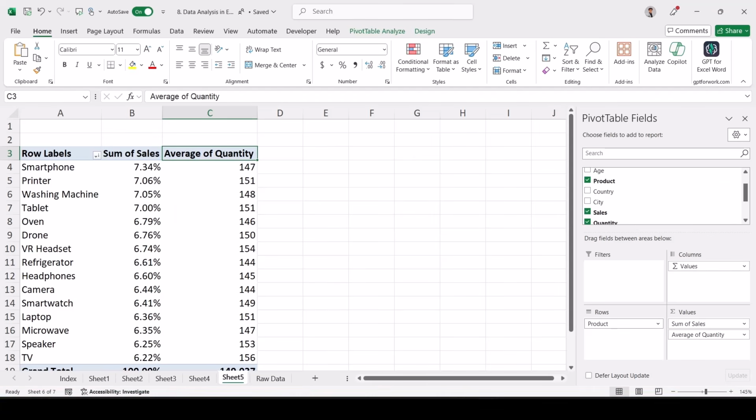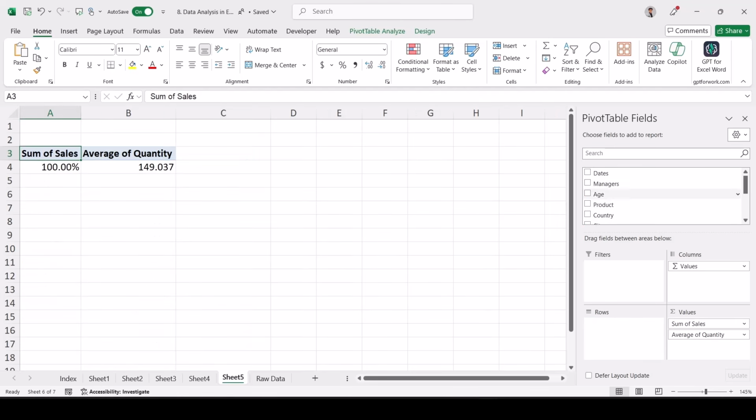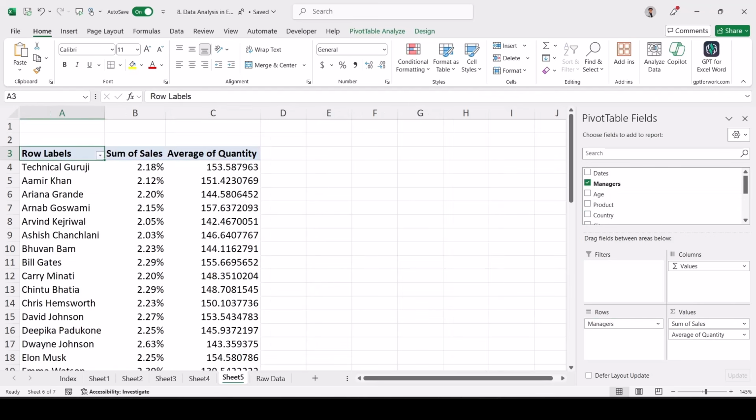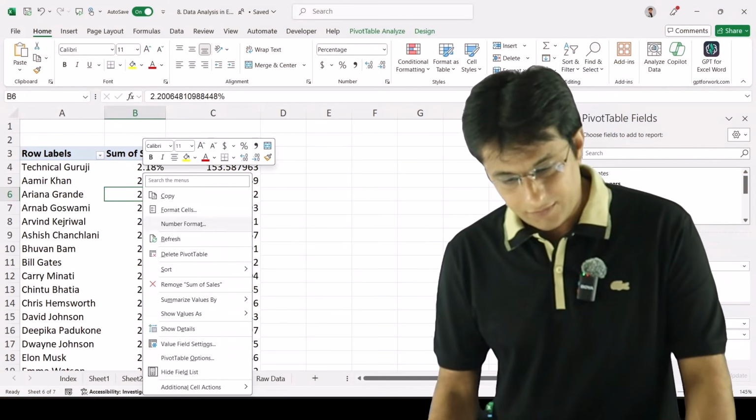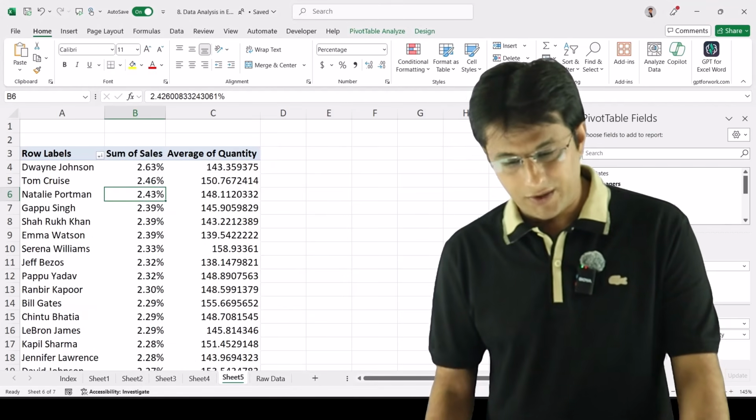So let's find out for the managers, because there's an appraisal time in the month of April and we want to give the appraisal. We will find out that manager who has given the highest percentage contribution to the revenue of the company. So right click, we can sort the data largest to smallest. So we find out